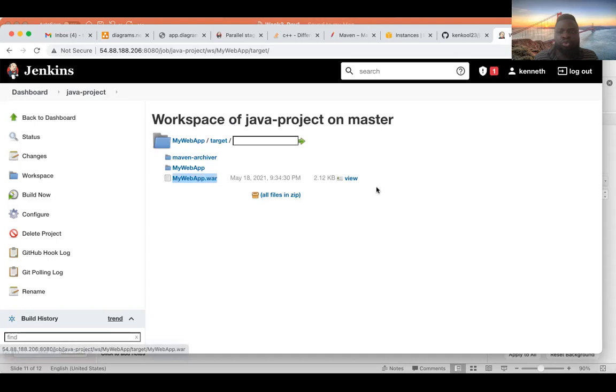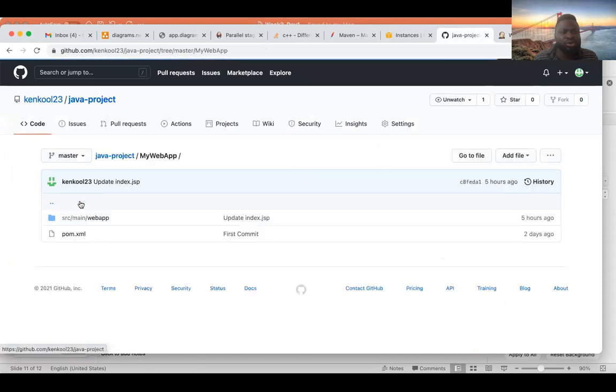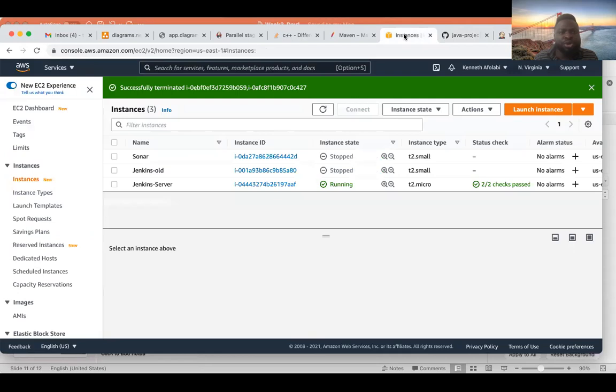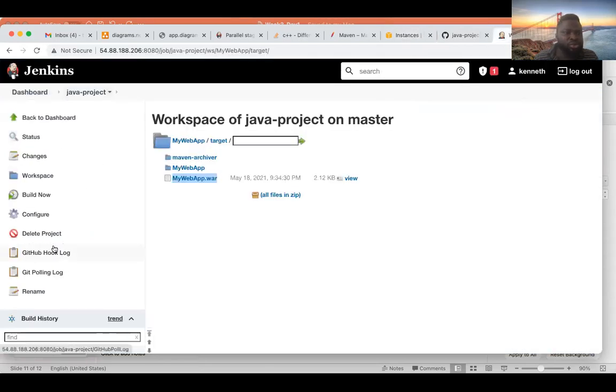We want to deploy it to another server completely so that we are able to access it and see what is inside this application. What is the content of this application you are seeing right here in GitHub? You just see a bunch of code, nothing. Okay, what's the content? We already built it. If you remember, we already built it through